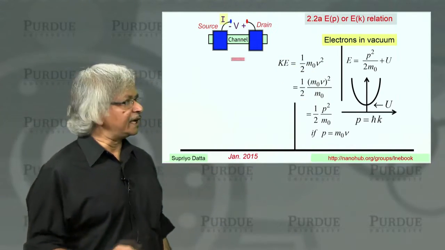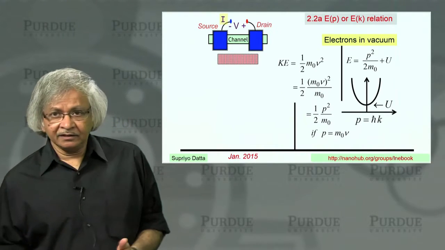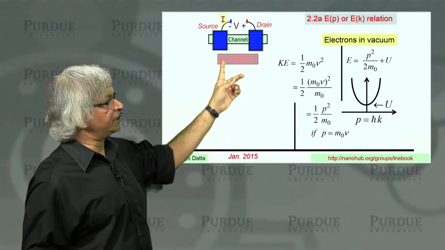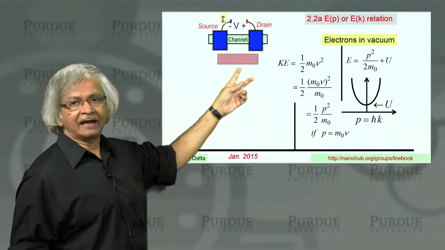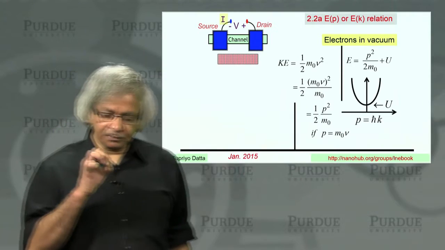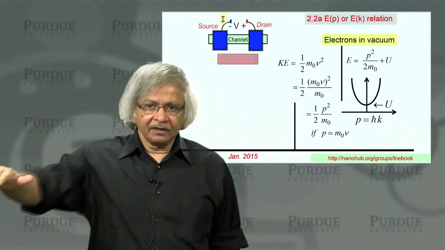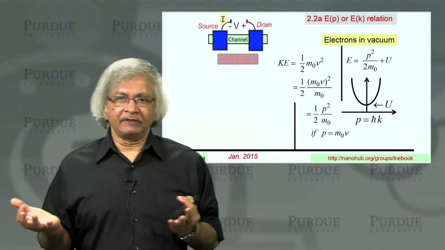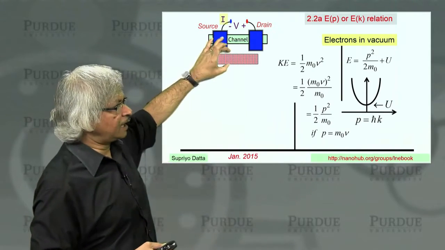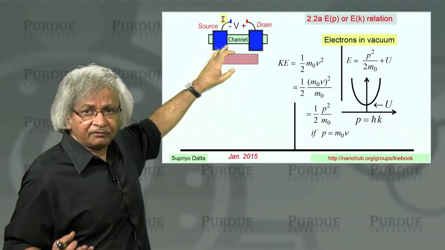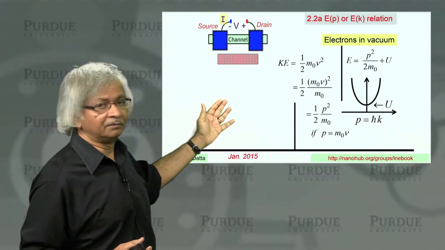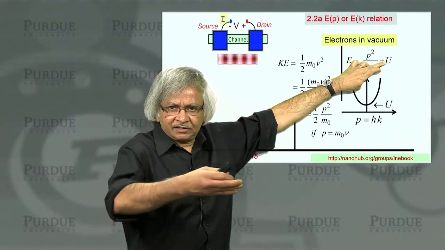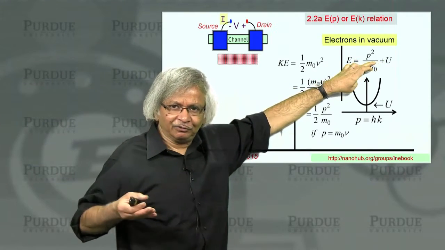So what is the energy-momentum relation in a solid? Well, a solid is a pretty complicated object. What I've tried to show here is this periodic arrangement of atoms inside. So from an electron's point of view, it is seeing this potential due to the background of atoms. This is a rather complicated thing, and it's not immediately obvious that there should be an energy-momentum relation, because after all, U is not quite a constant. It's changing periodically all over.